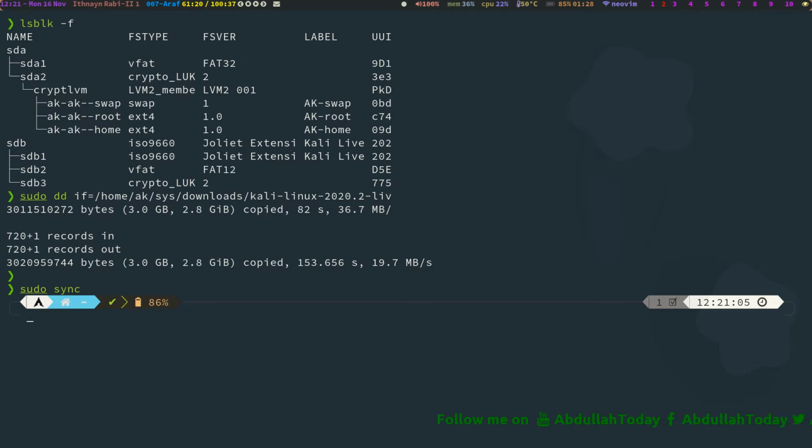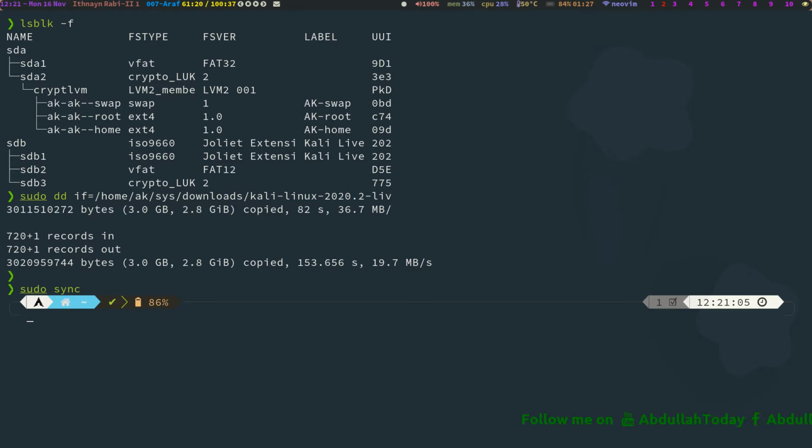Persistence is something like this: if you boot with this USB drive into Kali Linux and you do some work there, you download some files or make some configuration and then you reboot, all of your work is gone. That is not saved. If you make it persistent, that means it survives the reboots.